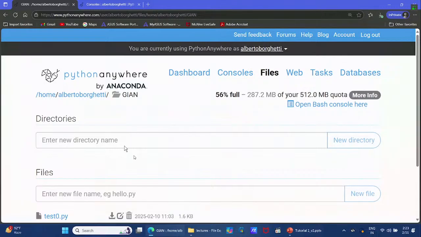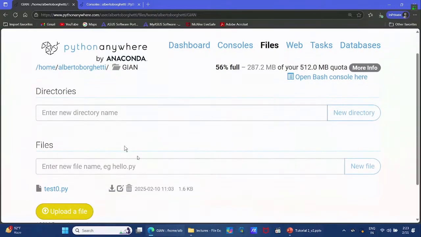Probably you can also not create a folder, just put a new file, so we can start the new file. The name, I don't know, the first one was called test0, probably we can say test1, but it is up to you. Every name is good. You need to put .py at the end, because otherwise